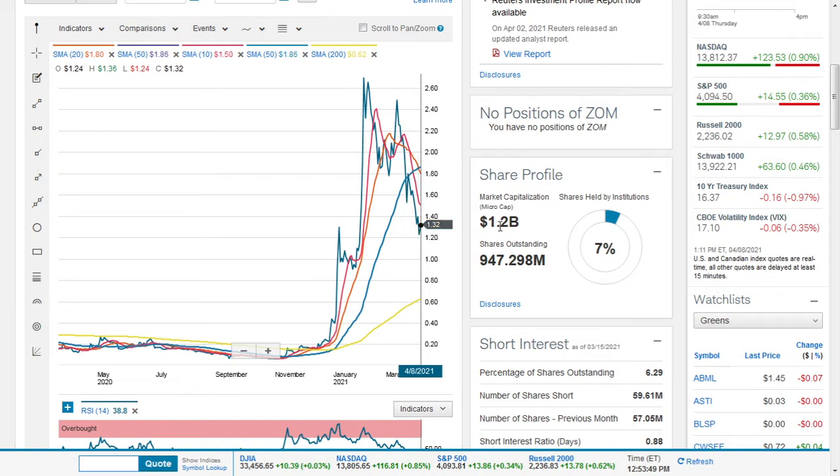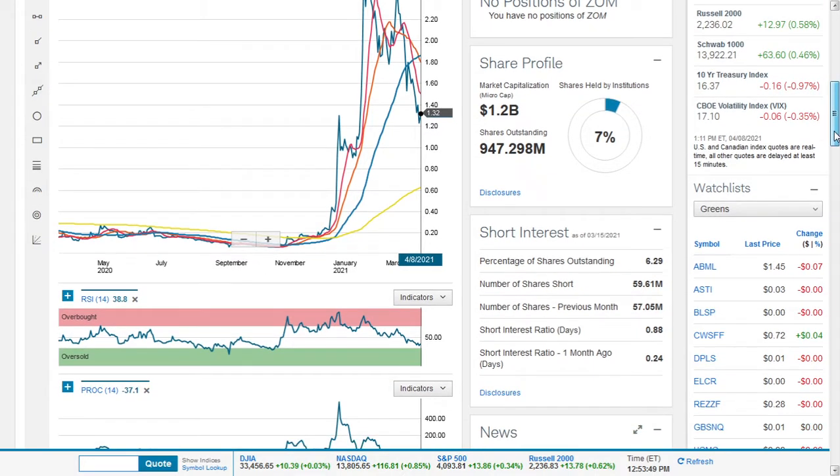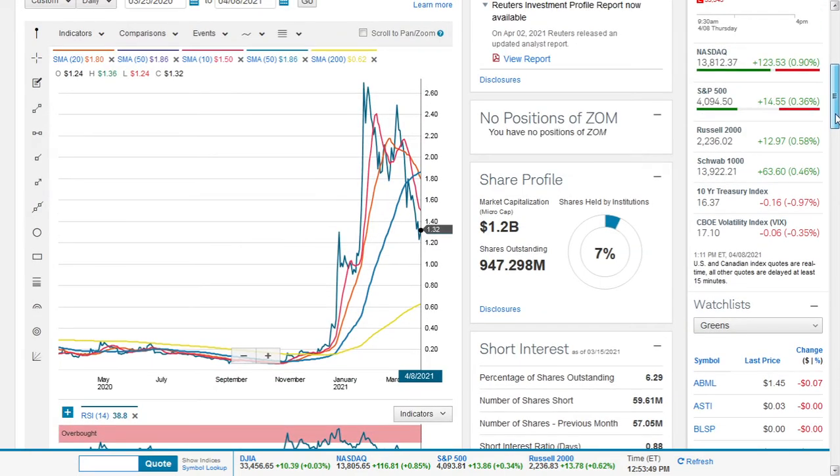It has a market cap of 1.2 billion, nearly 1 billion shares outstanding. I think yes, this stock is definitely a buy, but I also think what is holding it back is this 1 billion float, I believe, amongst other things. It's not that popular of late. Some folks have been pointing out market participants prefer other stocks to it, but technically it is a buy, and we have seen that it can